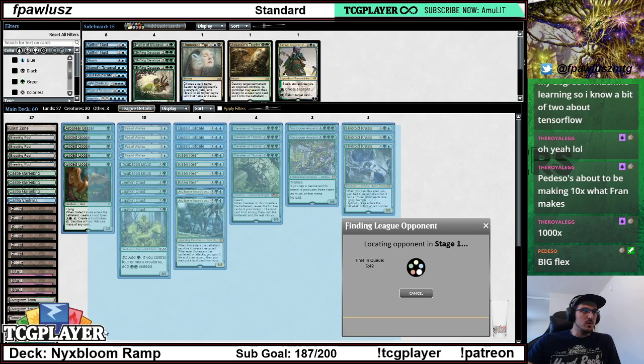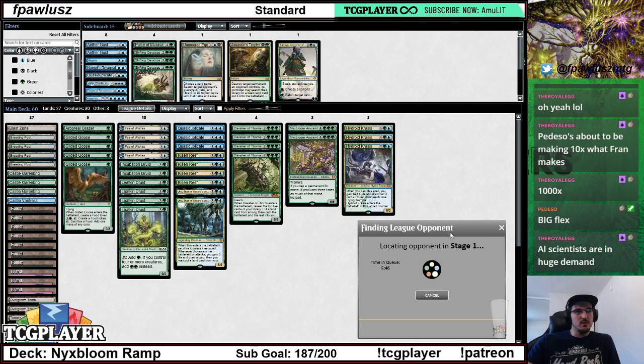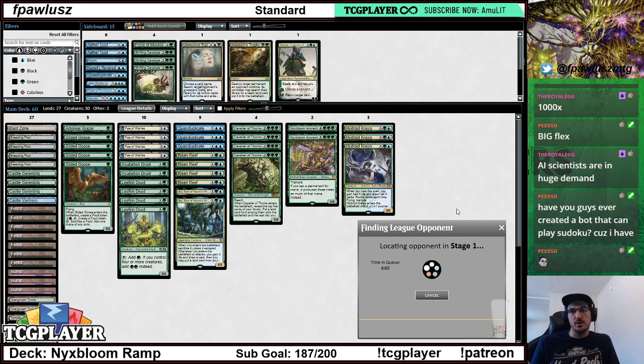Can we have opponents show up here? This is the worst, when word starts going out that you're killing it with Nyxbloom combo, and then people are like, I'm not gonna jump into the queue because I'm gonna get paired against the Nyxbloom combo master. And then